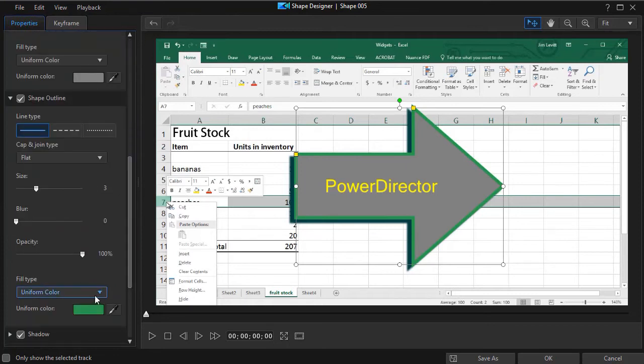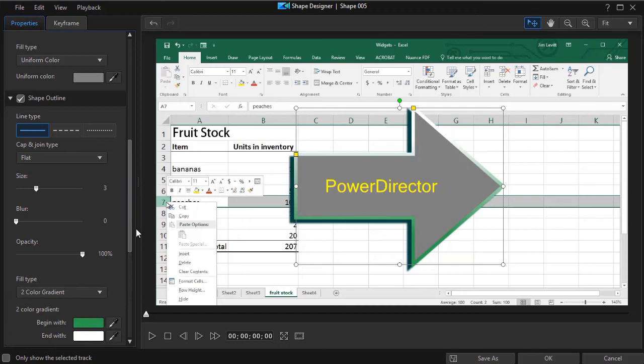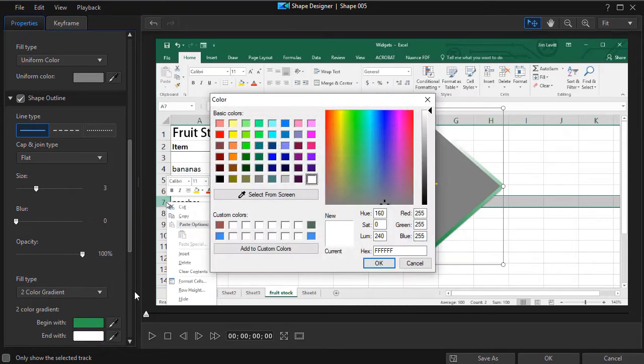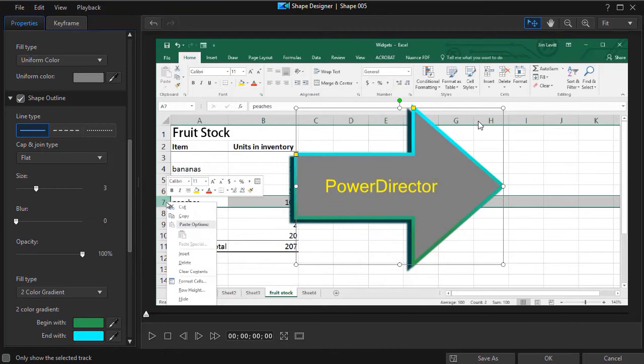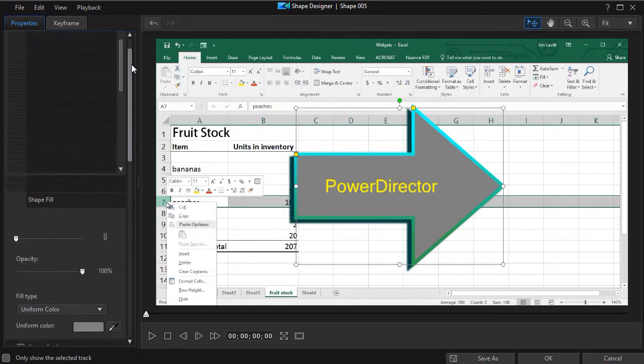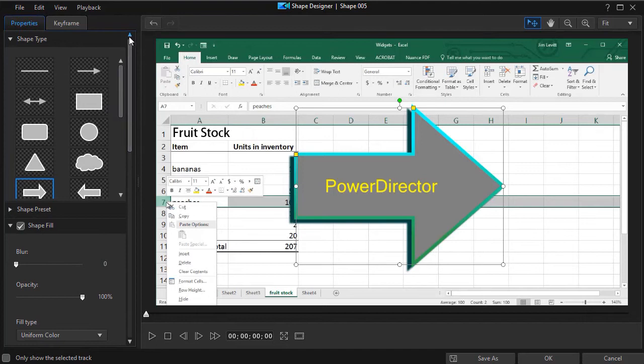We have a shape outline. It's a uniform color. I can change it to a 2-color gradient, and there is a green and a white. I'll change the white color to, let's go, a blue. Click on OK. So you can make all kinds of modifications and adjustments when it comes to your shapes. We have tutorials on working in the Shape Designer, but that's just a quick highlight of all the things that